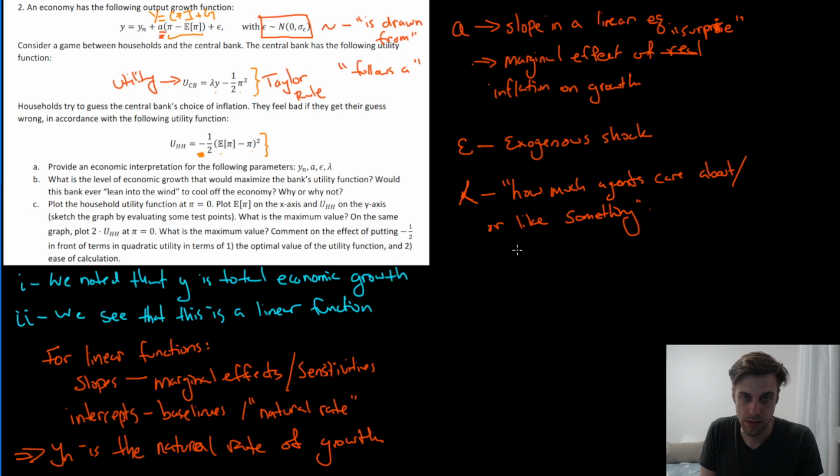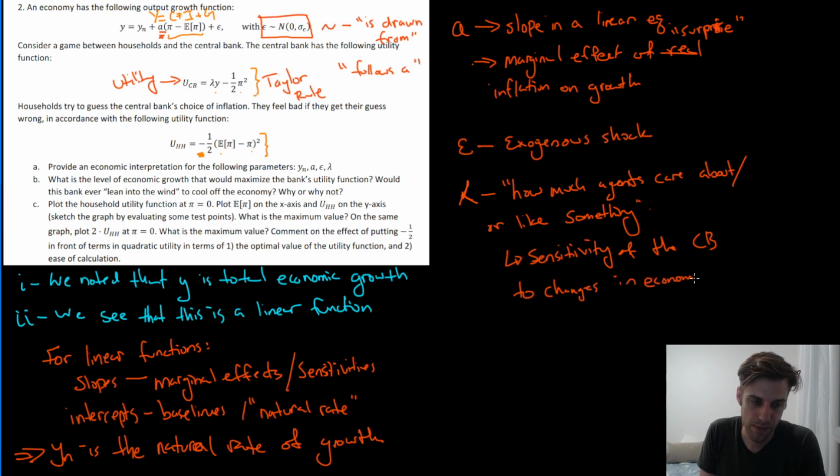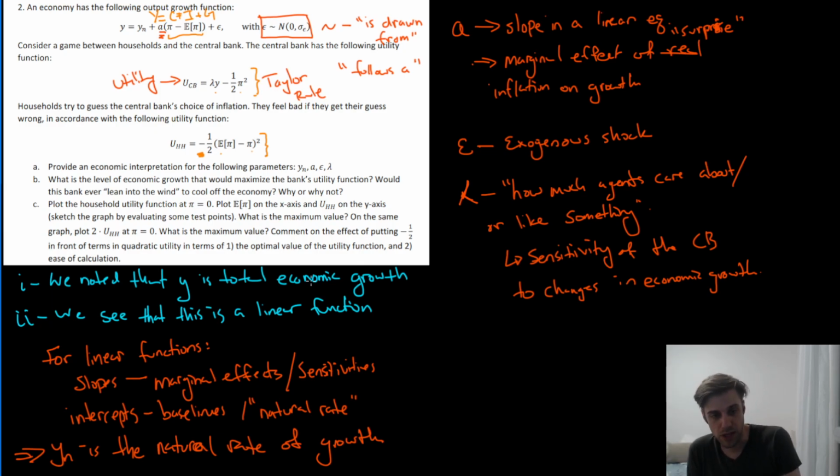Yes, it's like a sensitivity parameter. Not really a decision parameter. How much you like it. It's a sensitivity. And in this case, it's the sensitivity of the central bank to changes in economic growth. Great. Okay. So with this definition of lambda in mind, we can move to the next